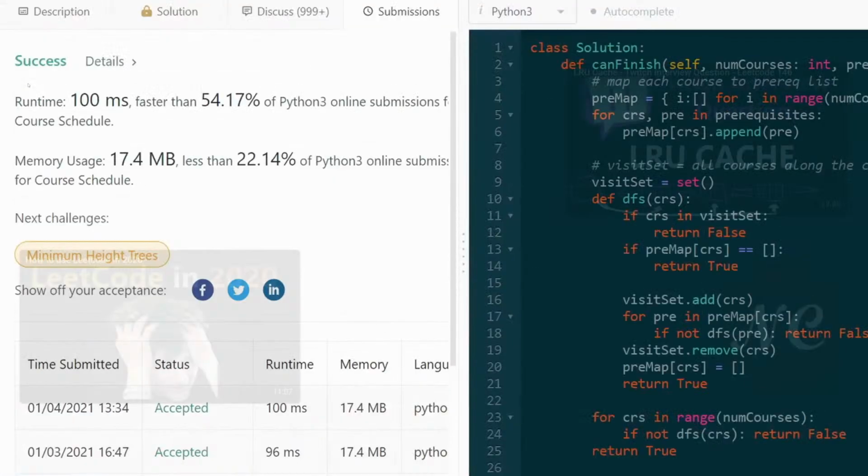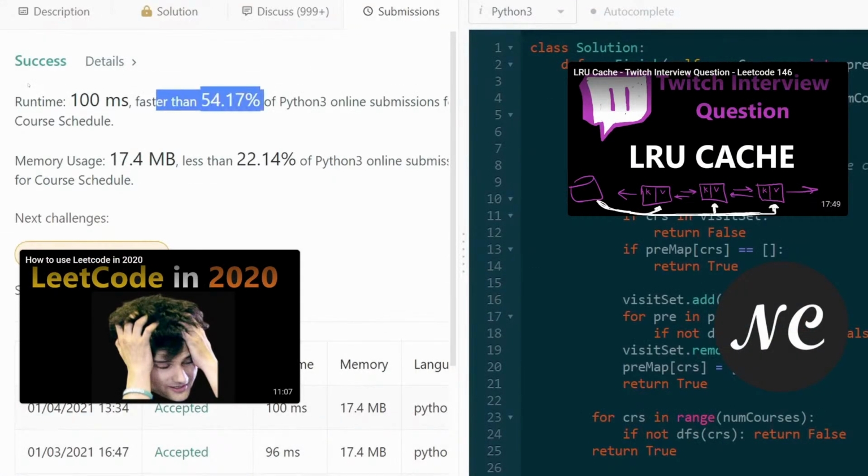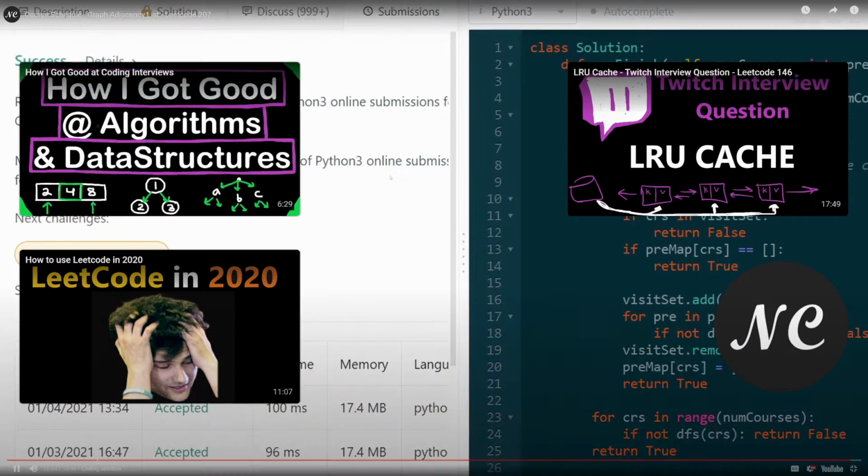You can see that it does run very efficiently, about as efficiently as the breadth first search solution as well. And I hope this was helpful. If it was,